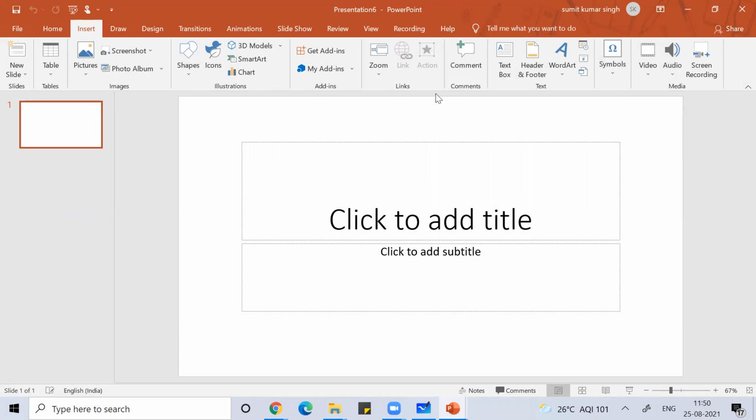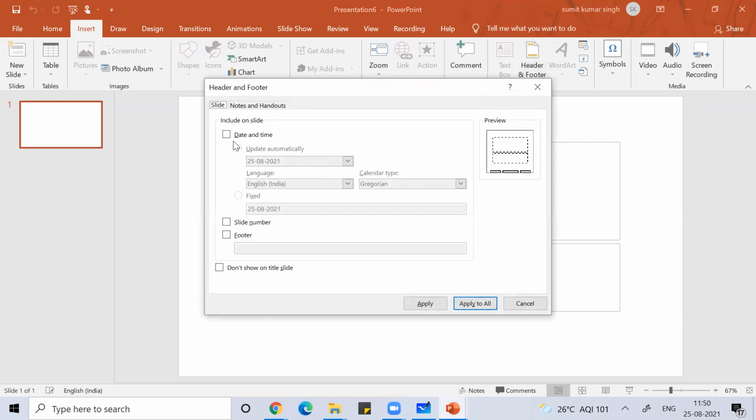Okay, header footer is there, and header footer is important. If you want, you can add header footer, so date and time will come. Don't show on the title slide. Normally, if you are making a presentation, you prefer to make date, time, and slide number visible on the title slide, because imagine you're giving a presentation to some big company and it says slide number one, today's date or yesterday's date, it will automatically edit the date.